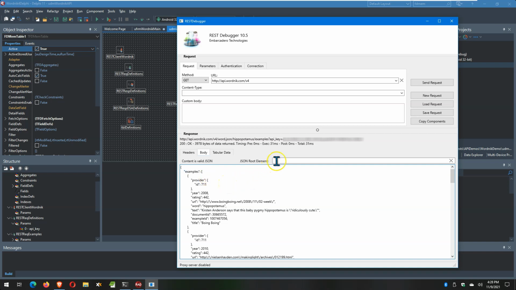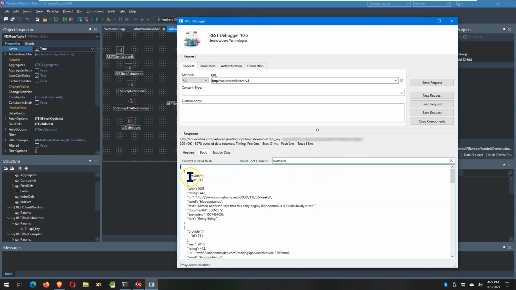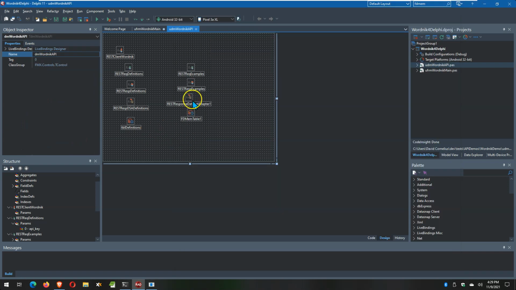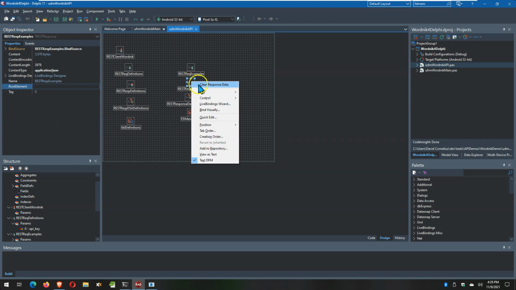All we have to do is say that instead of the root element being the outer one, we're going to say that the root element is examples. And as soon as we do that, all of a sudden our result set has been parsed and turned into an array of objects, just like the other one. So we can do that similarly here by just saying examples, and we clear the response data,